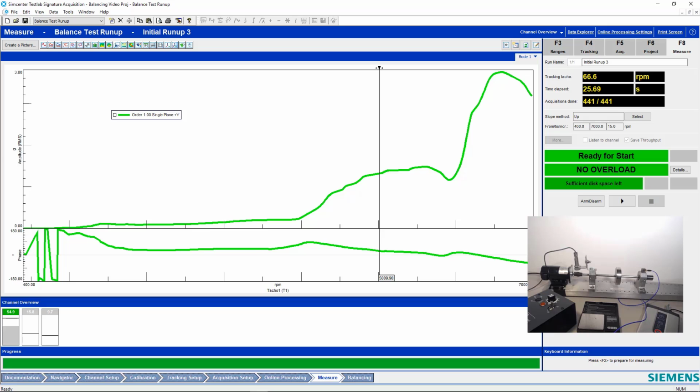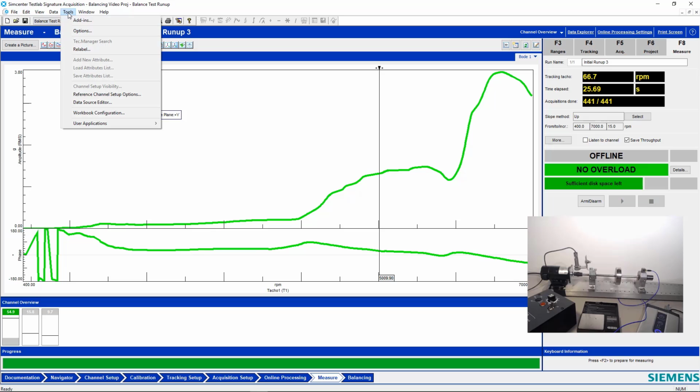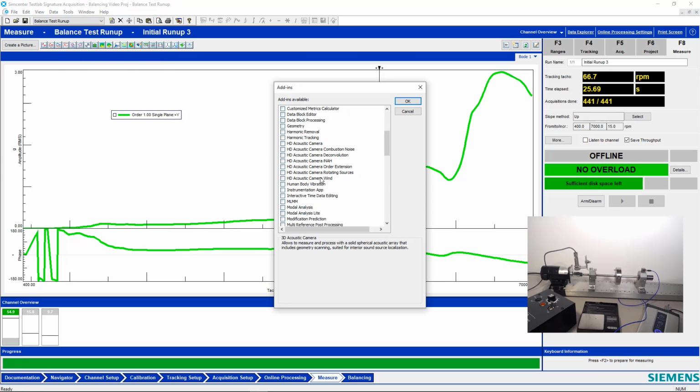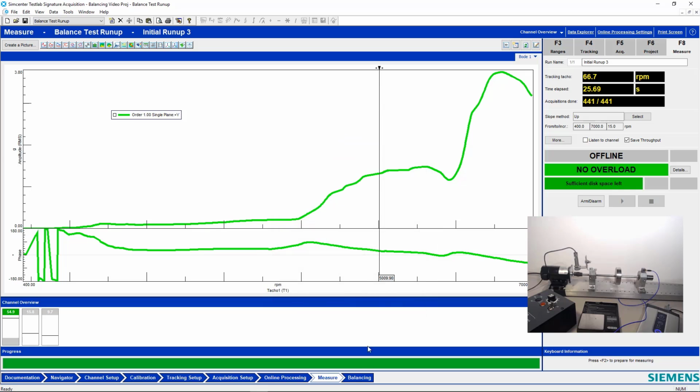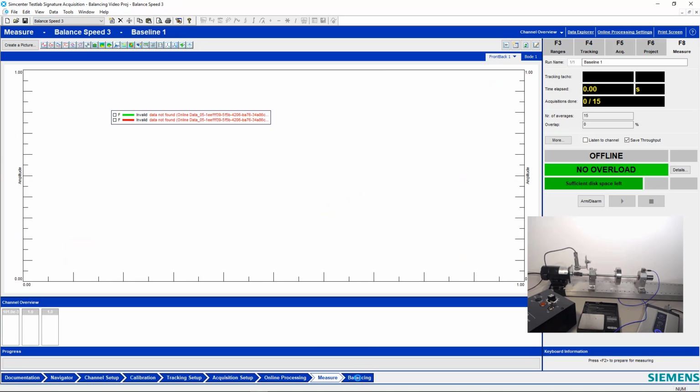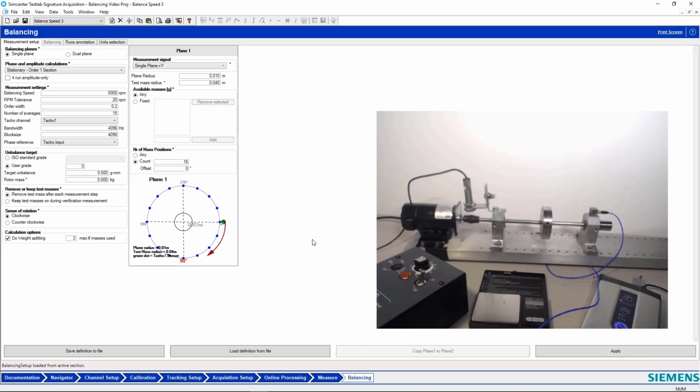From here we'll disarm, go to Tools, Add-ins, and pick this single and dual plane balancing add-in. When we turn that on, we get a balancing tab. Here we have some setup.